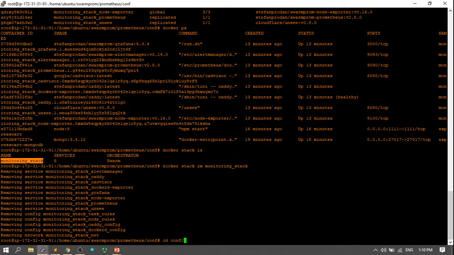So this is how you guys put down a service. Just type in docker stack rm monitoring stack, and if you want to start it up again, just type in docker stack deploy -c, then the name of your